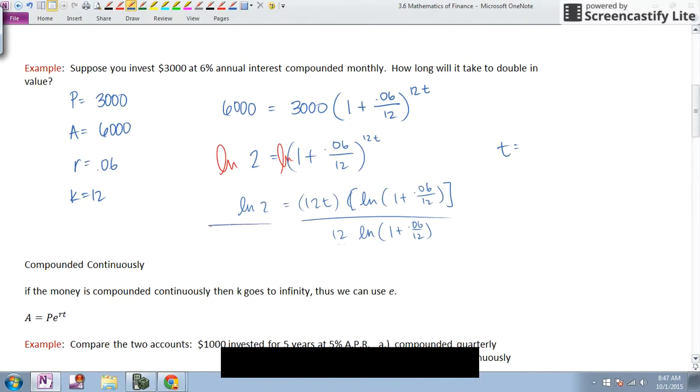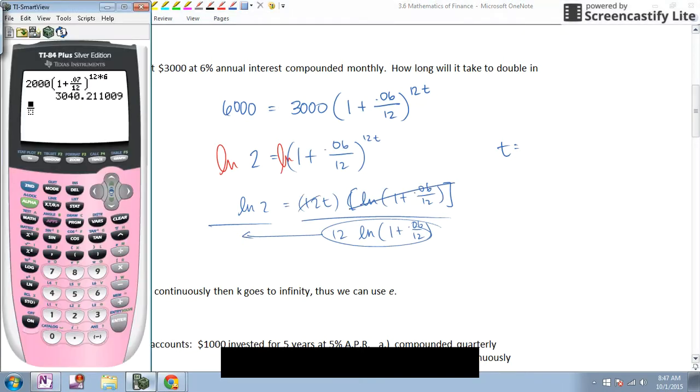Remember what I'm doing here is I'm dividing all of this over to here, and it's going to cancel on this side and leave t alone. So what would it look like on my calculator? It would look like ln of 2, or log 2 if you were a normal person, over 12 ln, and nice that the calculator always puts that parenthesis in, 1 plus, now again I could do fraction, but I'm just going to do 0.06 divided by 12 because it's a simple little fraction. Close the parenthesis, hit enter, and say